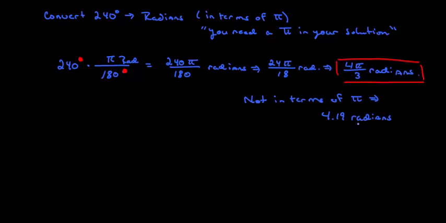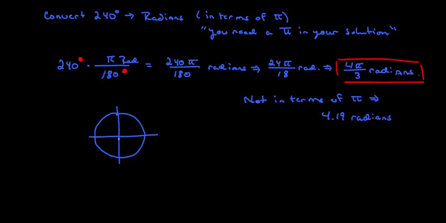So let's be very clear on this. Pi is a number. It's not a unit of measurement. So what this means is that I could do the following. Hopefully you're still paying attention to this video, even though we got the answer out, because this is important. What we're saying is that at 240 degrees, so this is 180 right here,